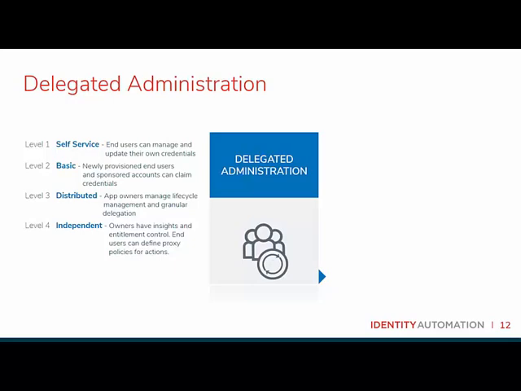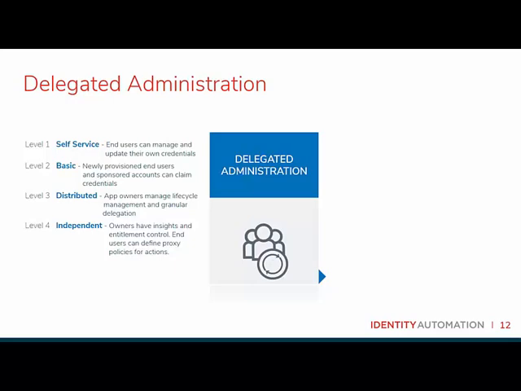And then also within this level, we have the ability to claim accounts, both for the employees and for those sponsors. When we refer to claiming accounts, that's basically a person can identify themselves with information only they know, and it can be verified against an IAM system. So it allows them to do things like set their own password and make other selections, such as their MFA method, or potentially answering challenge questions, so that in the future, if they need to do a self-service password reset, they would have those questions already populated with answers.